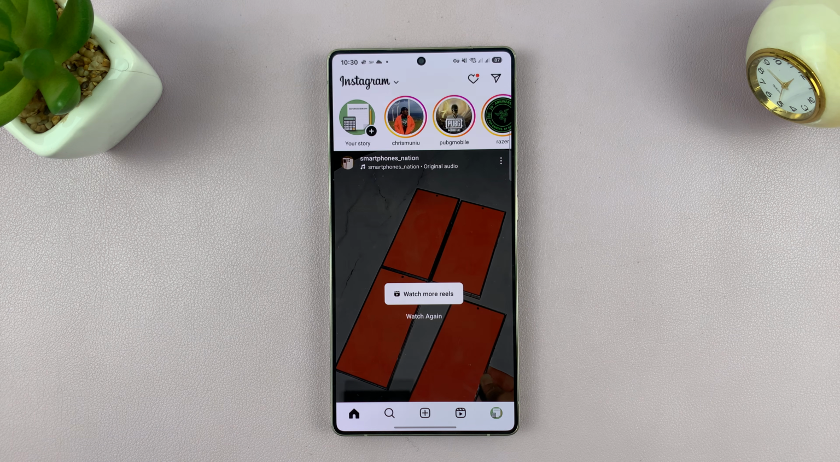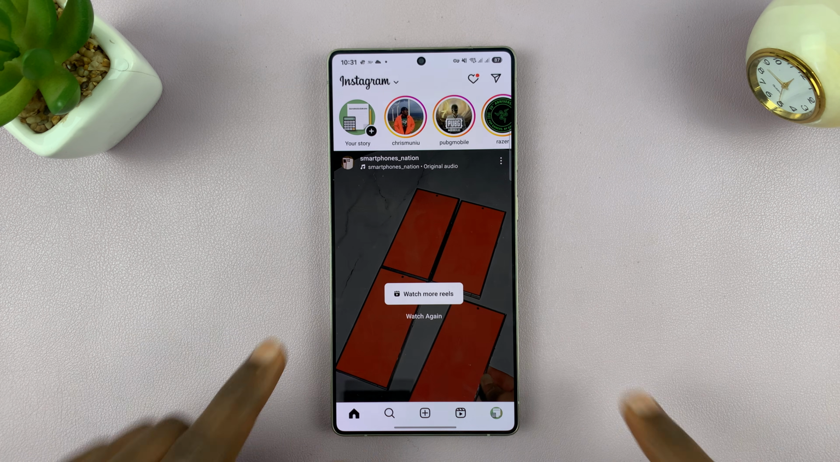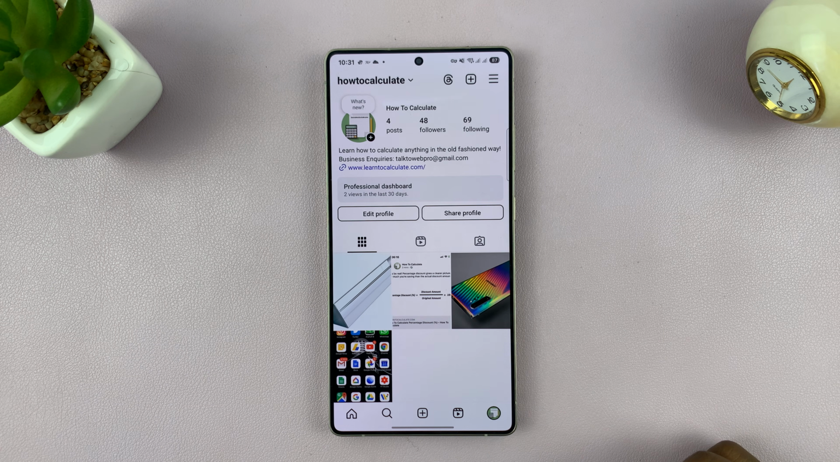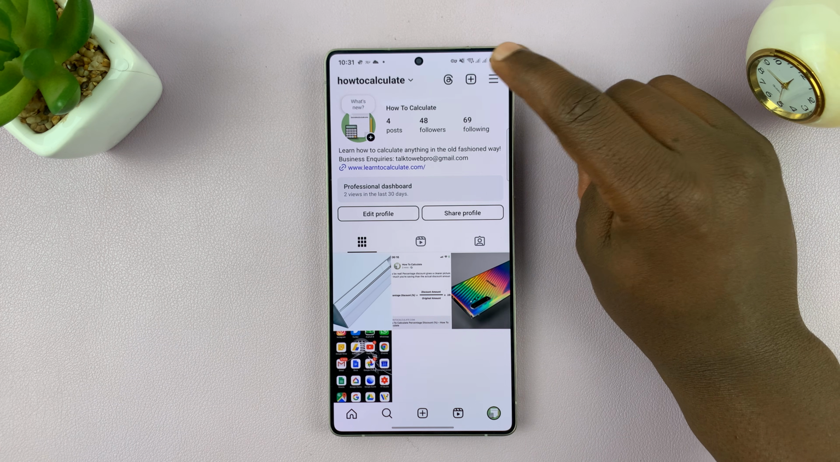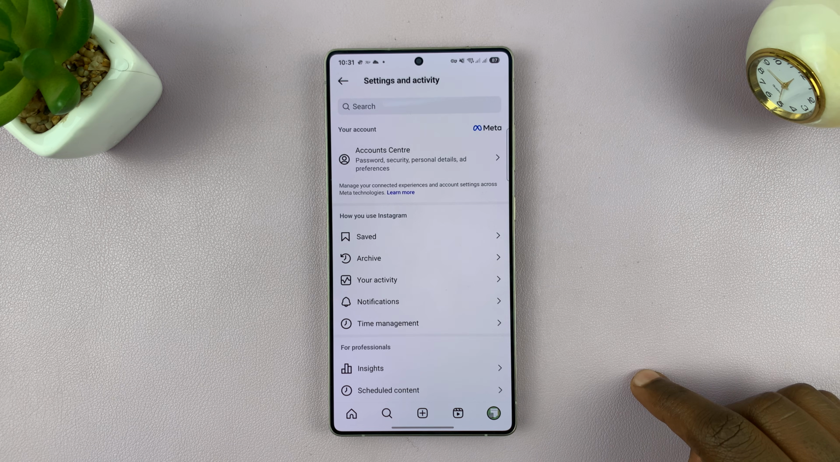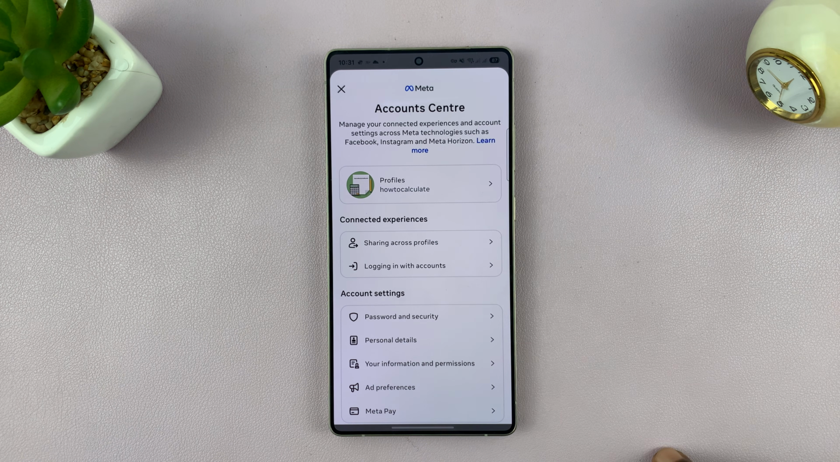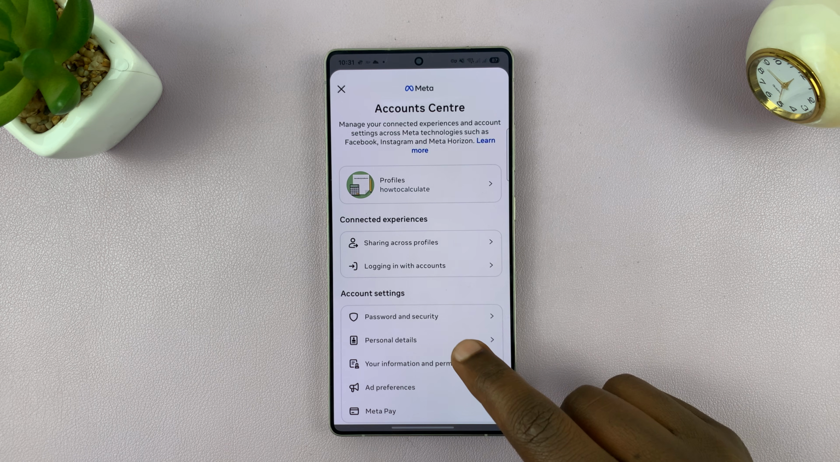I'll be showing you how to make your birthday public on Instagram. So go to a profile icon, and then on your profile page, tap on the three-line button in the upper right side, and then go to Accounts Center, tap on that, and then tap on Personal Details,